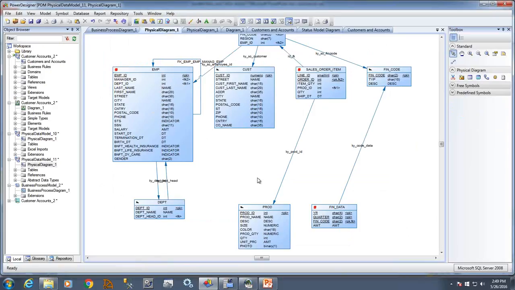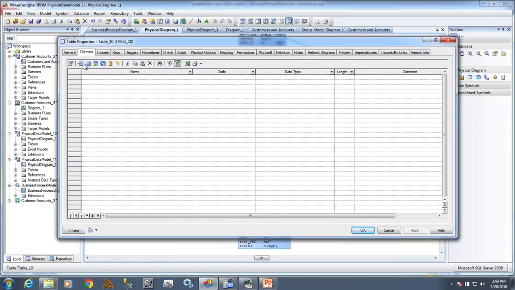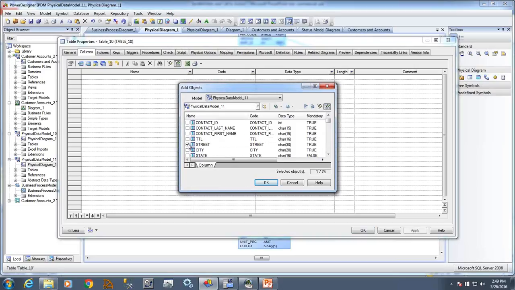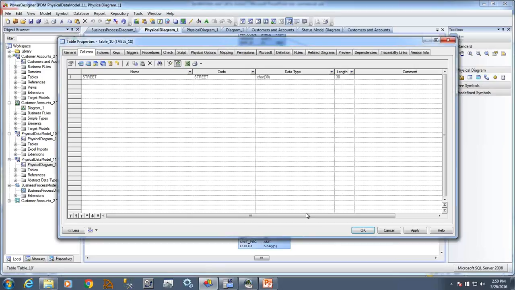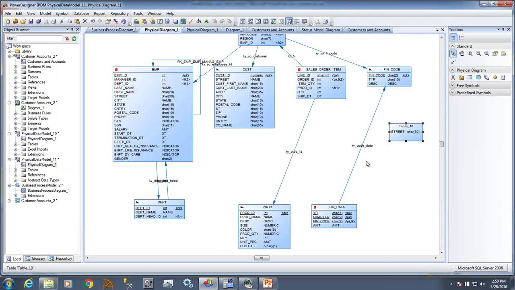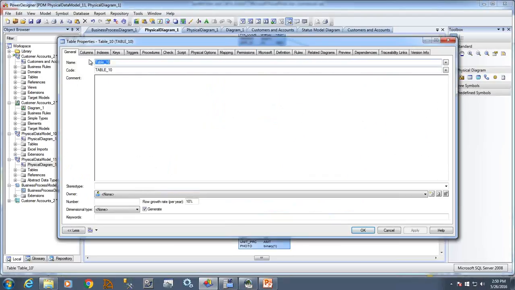Okay. Bernard says Naveed did respond back. It's replication of object. Oh, replication of object. So in the case here of table 10, I can look at my columns, and I've got this thing here called replicate columns. What this basically does is make an inheritance idea, or a duplicate or a clone of the object, which means that if I were to take street and actually use it here and apply that change, what you'd notice is that if I found a street and I made a change to it